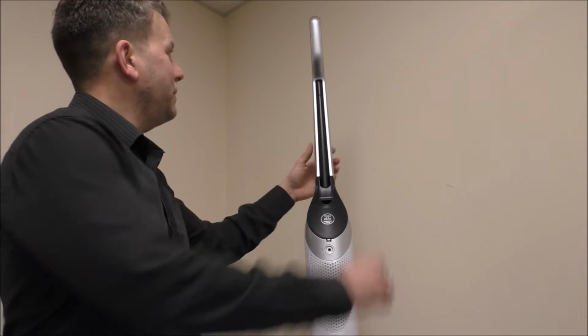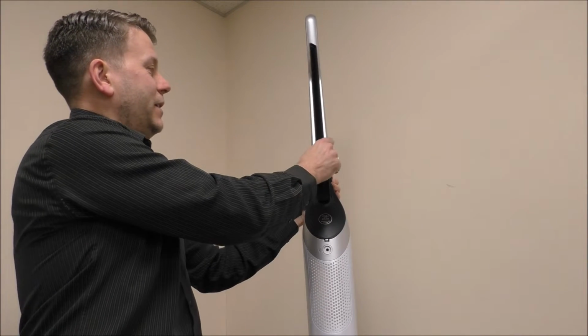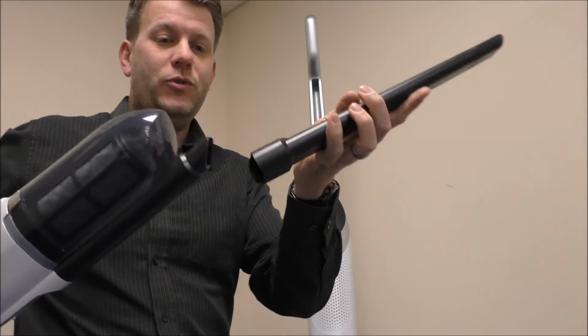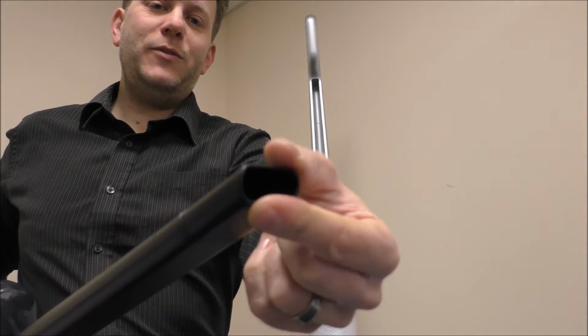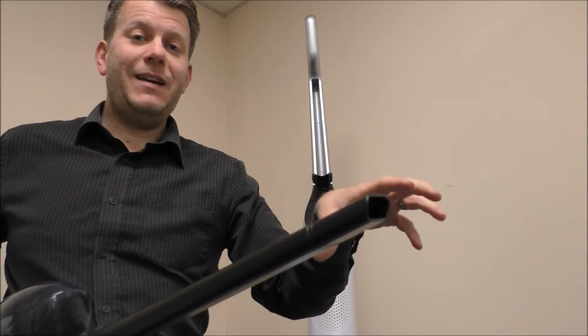So what you've got is this. This is the crevice tool or extension tube, and this will just drop onto there like that. It just clips on, and that's at the end. It's a crevice tool, so it's nice and thin, so if you're doing quite a tight area, that's